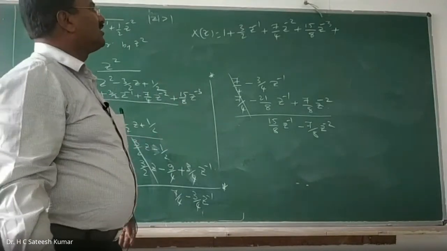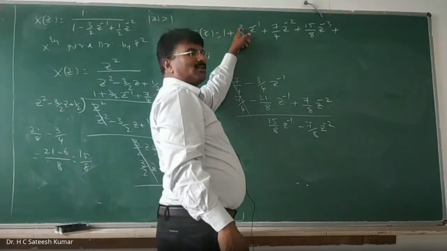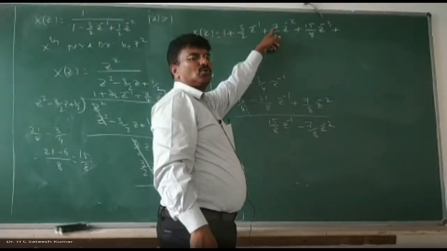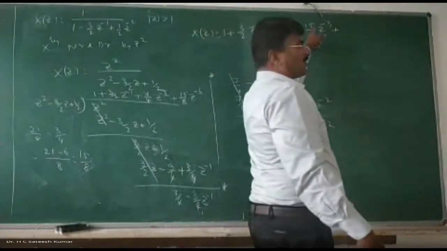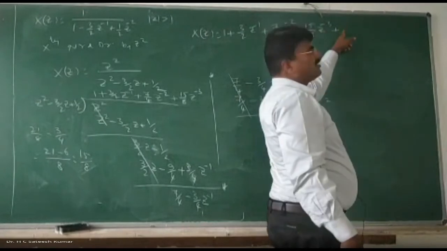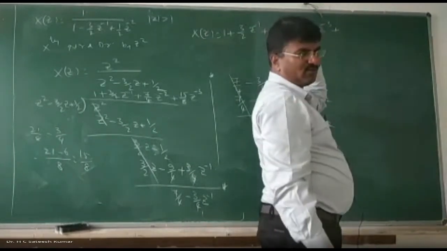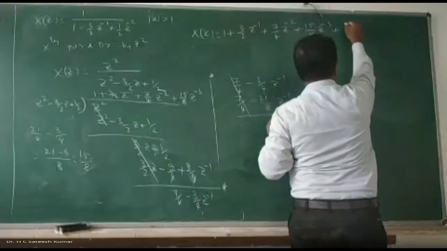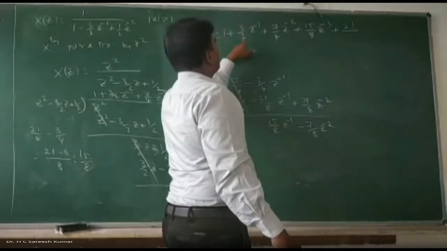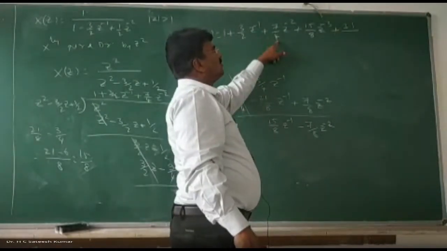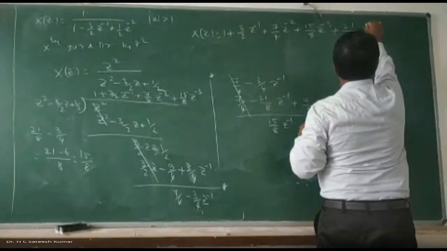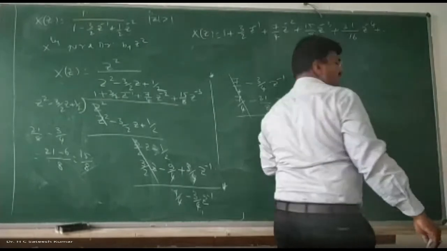So what is this one? 3 is nothing but what? 2 square minus 1. 7 is nothing but what? 2 cube, 2 cube is what? 8 minus 1. This is nothing but what? 2 to the power of 4, 16. 16 minus 1 is 15. And this is nothing but what? 2 to the power of 5, 32 minus 1, 31, divided by 2 power 0, 2 power 1, 2 power 2, 2 power 3, 2 power 4 is 16. And z to the power of minus 4. That's how we should generalize it.